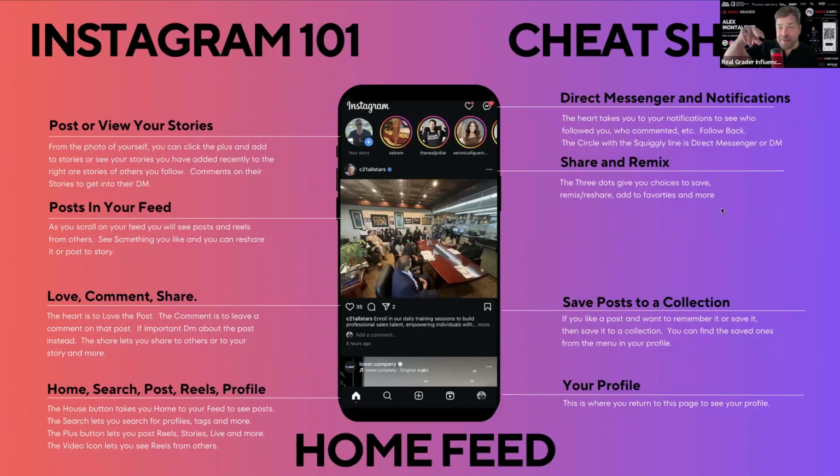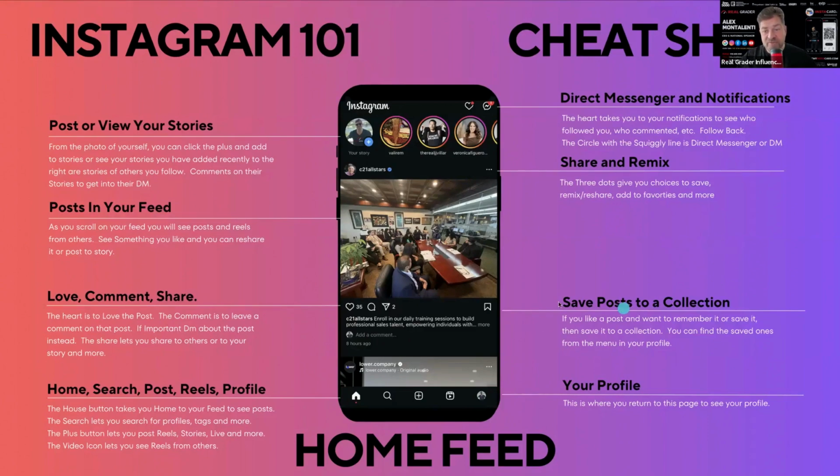Like putting something on top of it is the remix. That's why they call it a remix, because you're adding something to the actual content. Make sense? So far, so good. We following? Is this useful, everybody? This cheat sheet? Are you taking a screenshot of it? Let me know. This is the manual to how to use Instagram. Okay? I think it's pretty important.